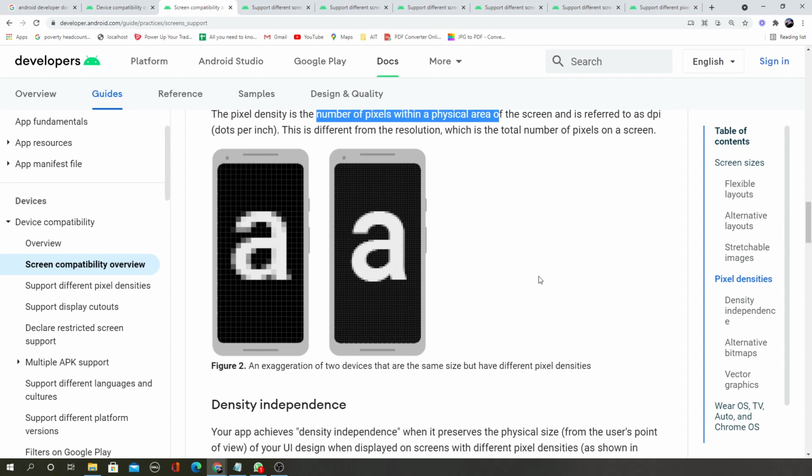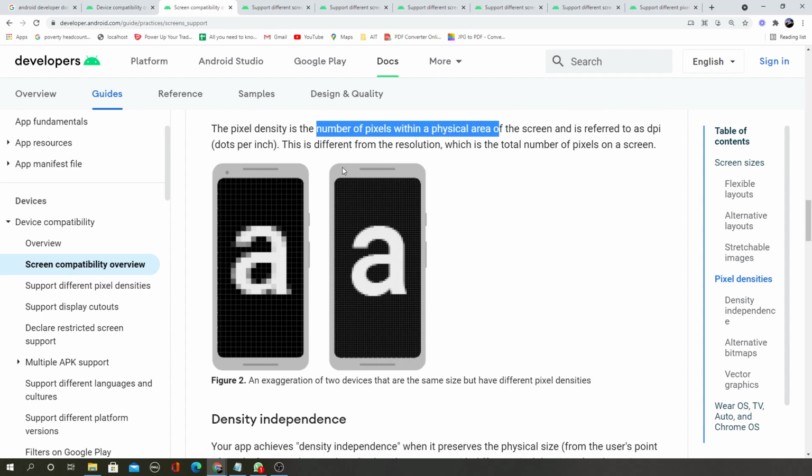So pixel density means how many pixels in a given area. If you have more pixels in a given area, that is like the second device. But if you have fewer pixels in a given area, that is like this first device. When you have fewer pixels in a given area, each pixel might occupy a larger space.